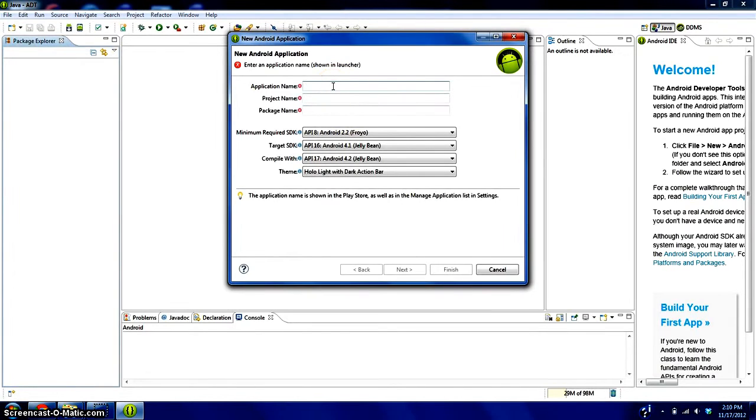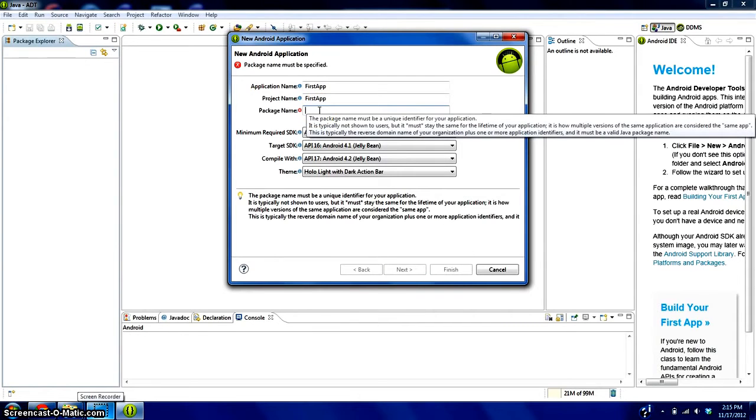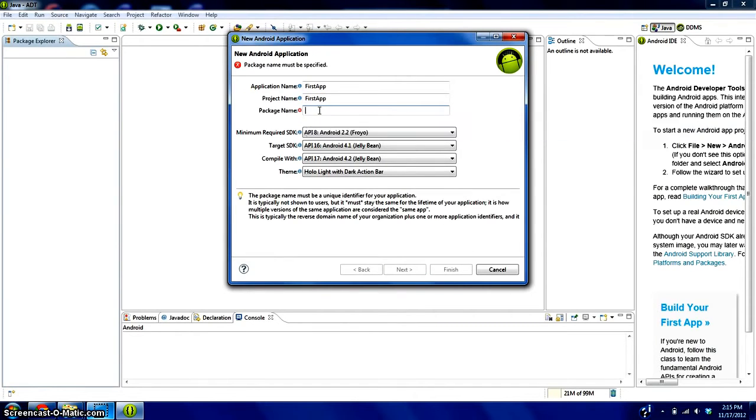Now, we're going to name our application. In this case, it's going to be First App. Now, what you should name your package is the name of your specific website backwards. So if it was www.google.com, it would be com.google.www. Now, what I'm going to do is I'm just going to make an example website name. It doesn't actually have to be a real website name. It could just be something like com.blakeisawesome dot anything else. So what I'm going to make it is com.example